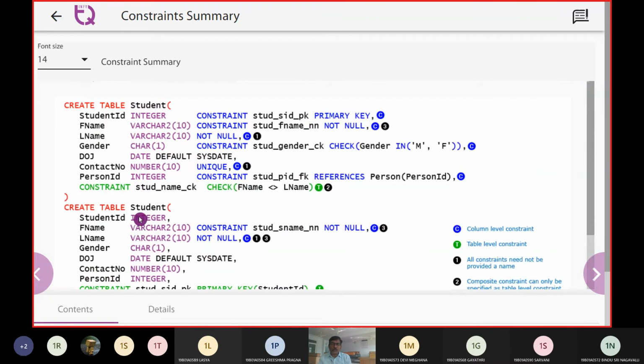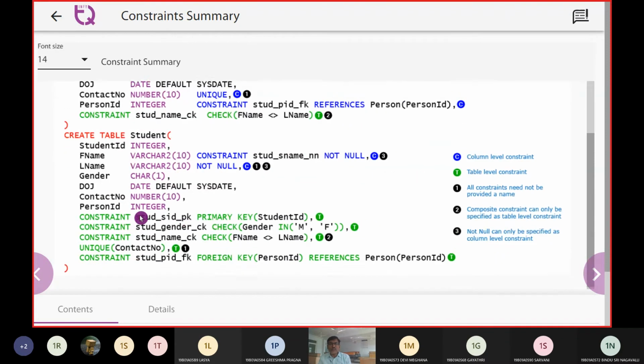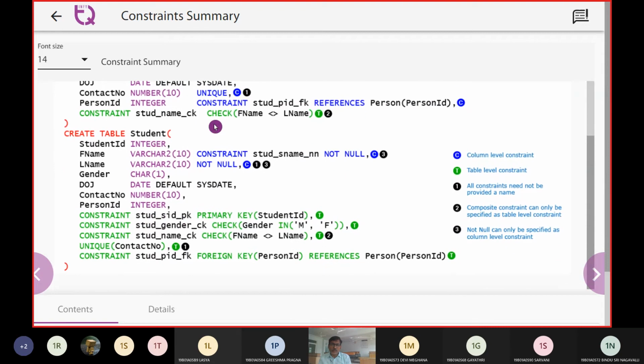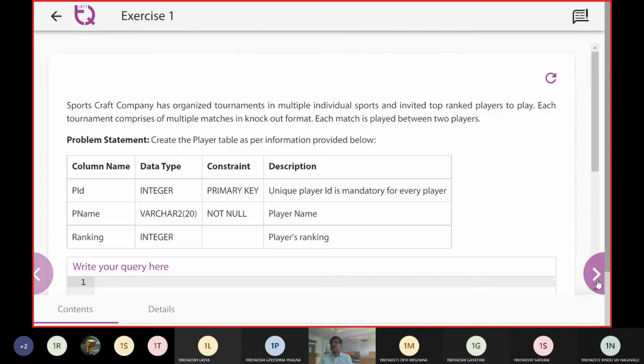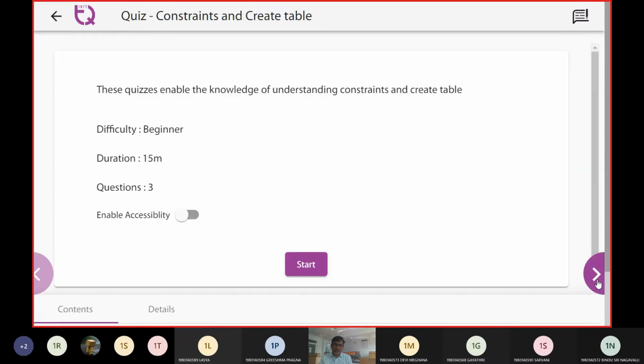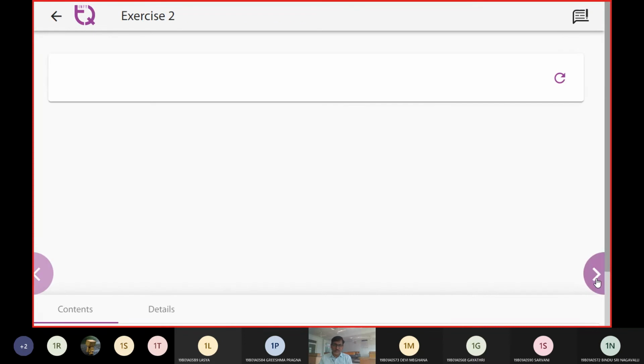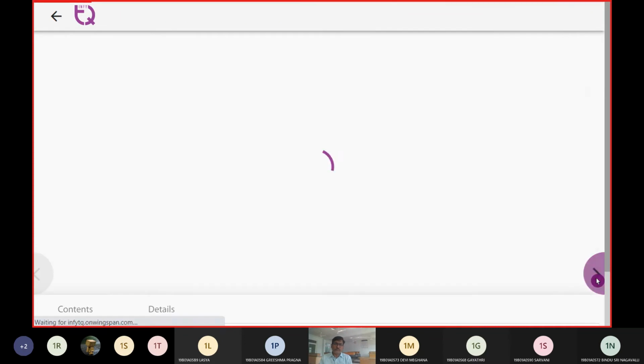So we talked about not null, we talked about unique, we talked about primary key, we talked about the secondary key, that is the foreign key. All these elements are now replicated in various forms, in various methods in these two tables. That was the key takeaway of bringing up this slide. Right now we are not looking into the exercises. I was just moving on.